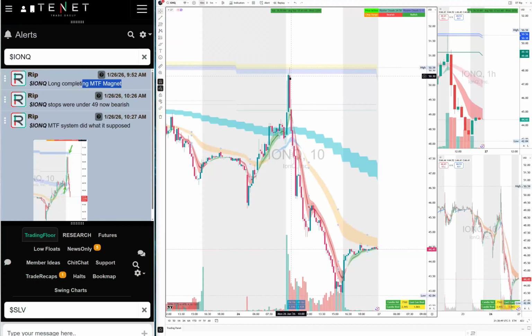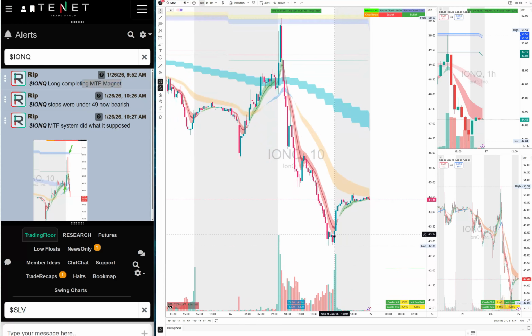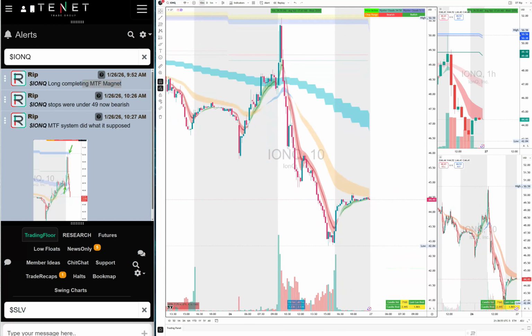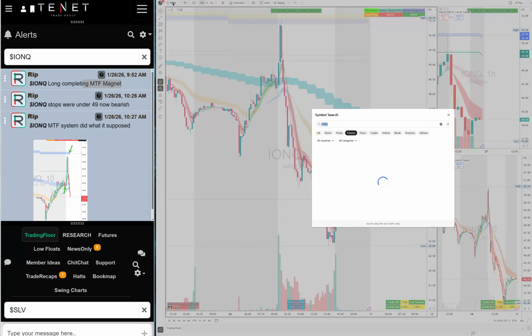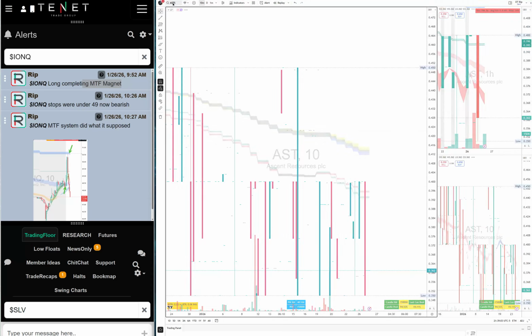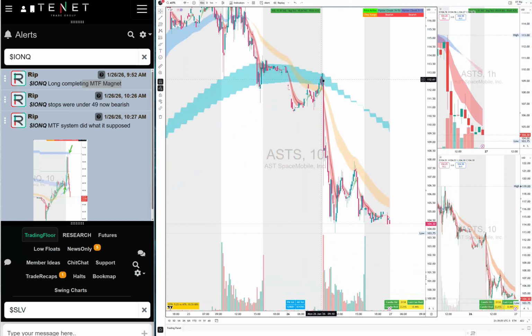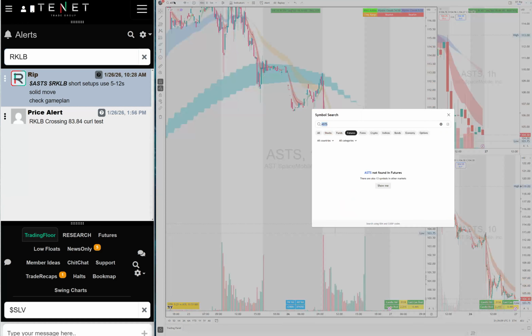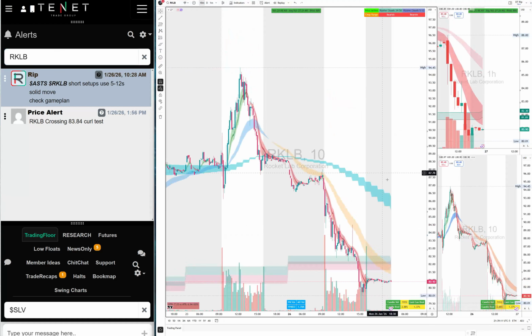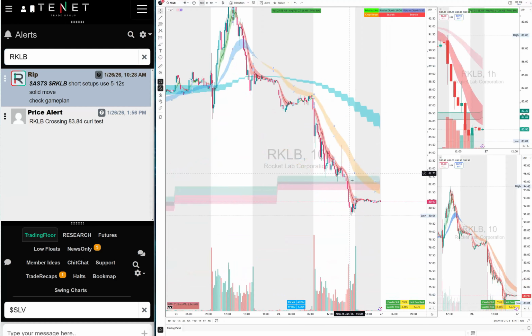You could literally have limit orders here to buy the puts, and that was a monster fade to the $42 today, because this sector was weak, right? This sector was super duper weak. Similarly, we had other short setups as well. ASTS was all day short right from the MTF clouds. Rocket Lab was also a short setup. MTF cloud was a little further, but it completed the MTF magnet.